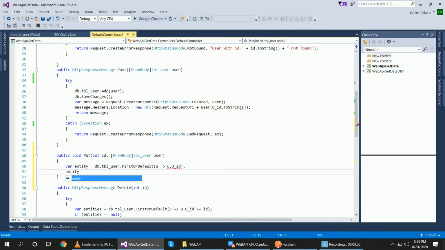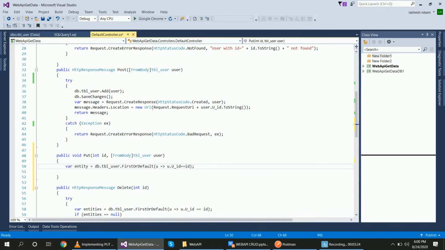We have to compare this variable with the parameter id, the parameter I have passed, so id.